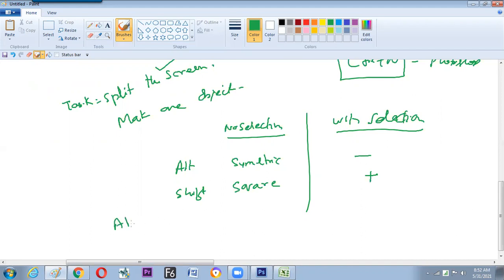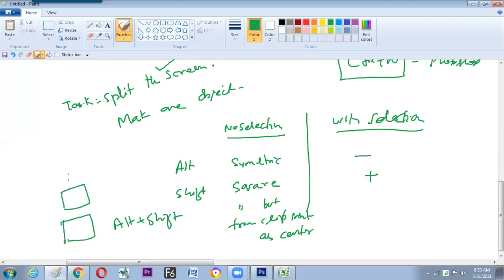Yes, sir. Now Alt plus Shift will make the square only, but from the click point as center. This is the difference. You can see now. This is also a square, this is also a square, but this is a rectangle.